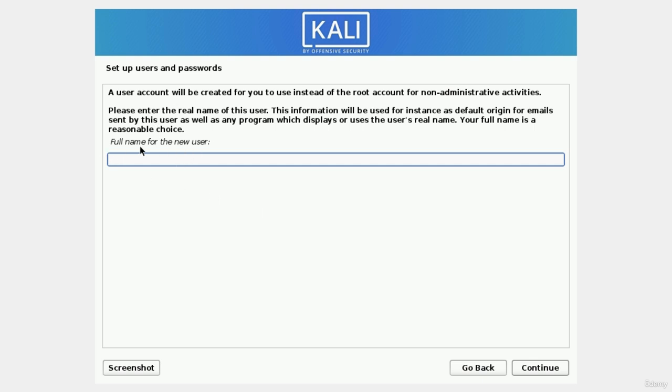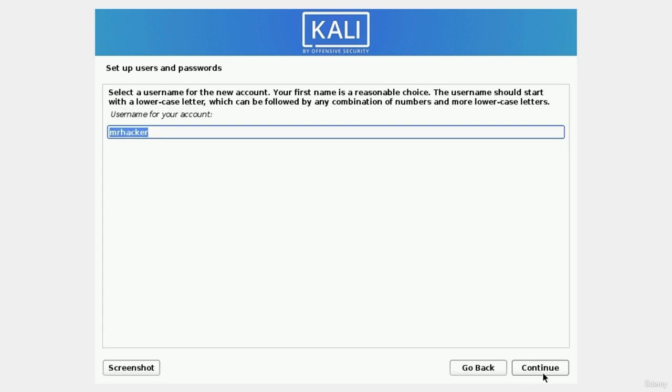So here we got the step where we need to specify the full name for the new user, and it tells us that specifying our full name would be a reasonable choice, and if it was any other course instead of a hacking course, I would also tell you to specify your name here. But I must teach you to also think like a hacker, and we hackers want to stay as low-key as possible, so specifying our real name is not an option for us here. We can just make something up instead. Let us go with Mr. Hacker. Why not? Let's click on continue,